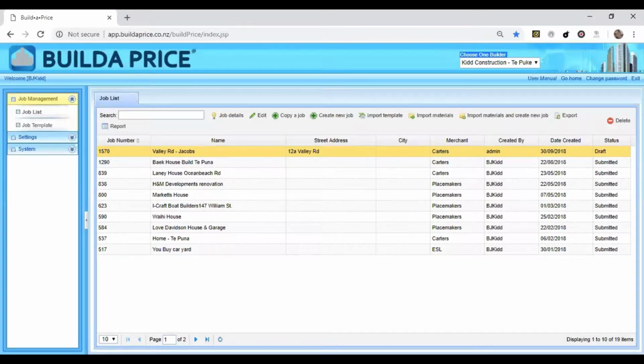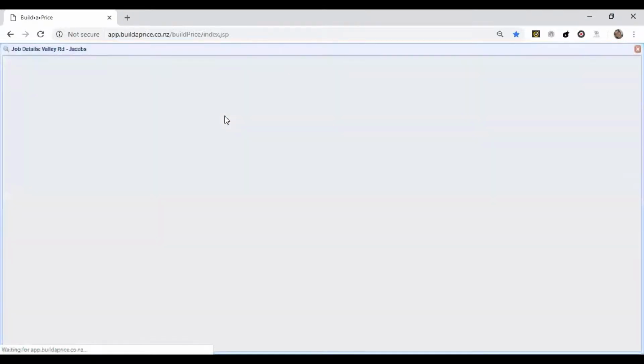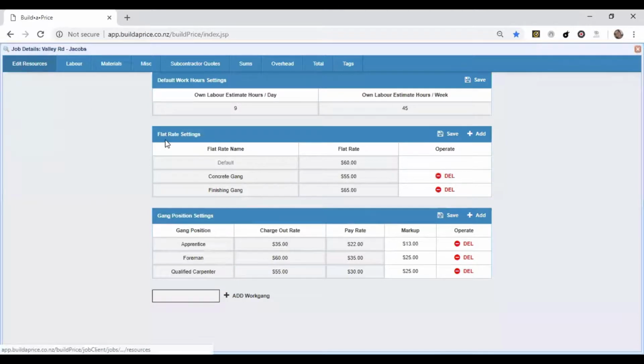Okay, so we have imported the Valley Road job here by using the import materials and create new job button. Let's take a look at the workflow of pricing the job from start to finish. Job details open, and the job is going to open at the edit resource page. That allows us to make some last minute changes to flat rate settings and to our default work hour settings,